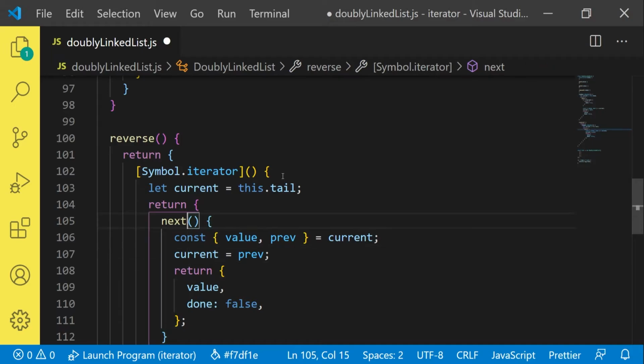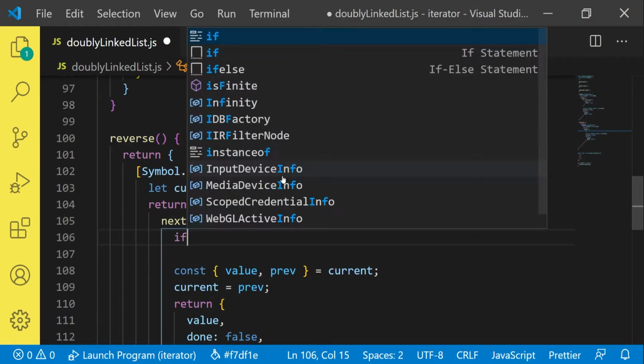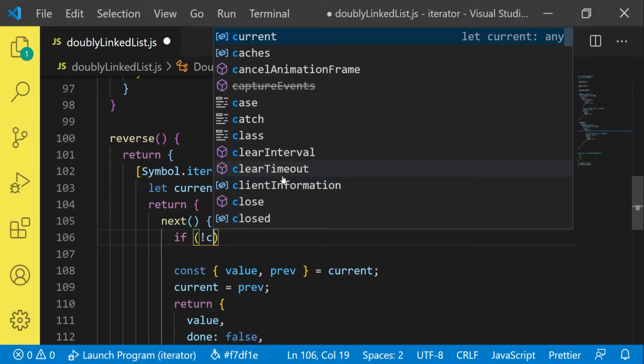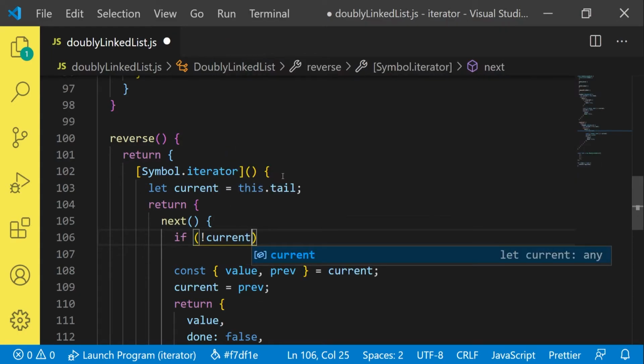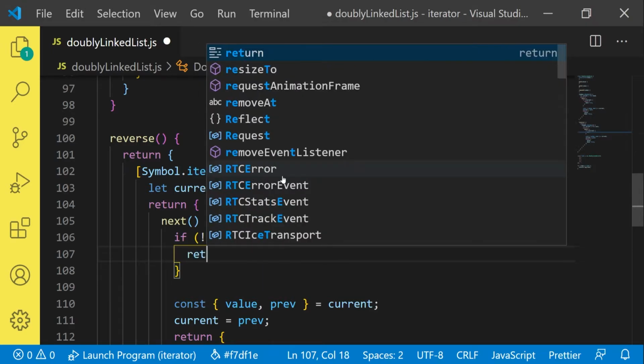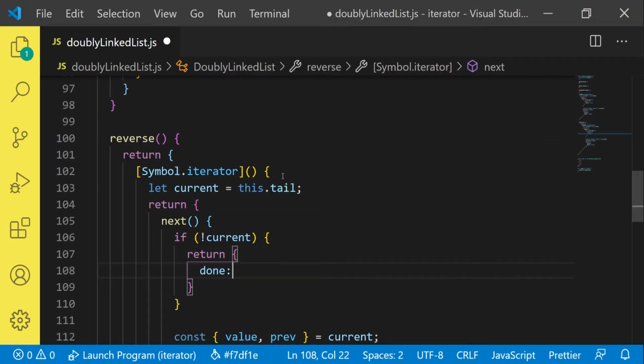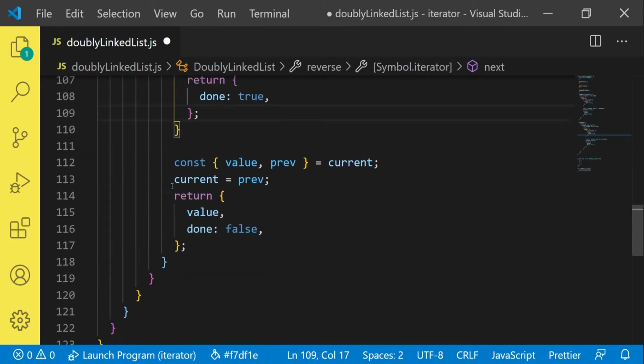And of course, we also need to get this covered if we have reached the end of the list, or at this moment, it's the beginning. So the first item, we cannot advance more forward. So we return again an object, which tells the caller that the iterator is done. And now this is actually cool because